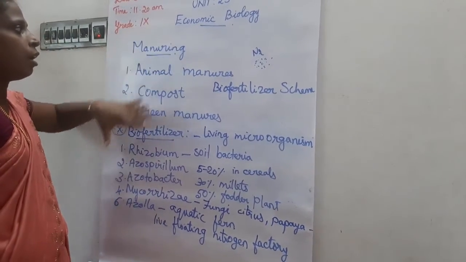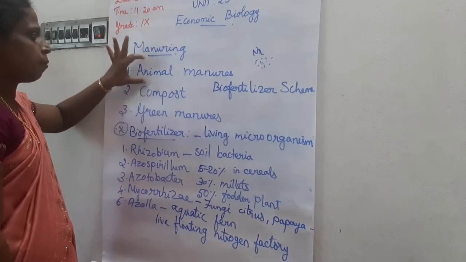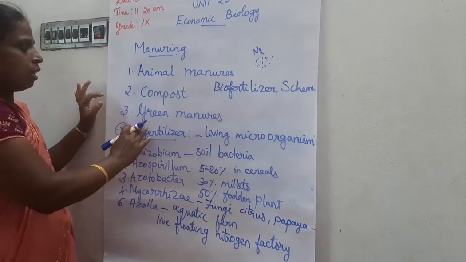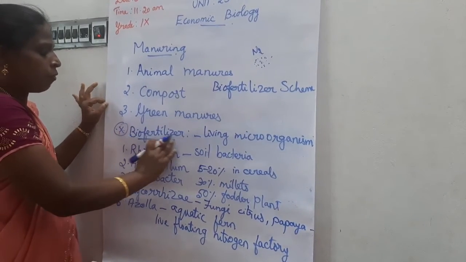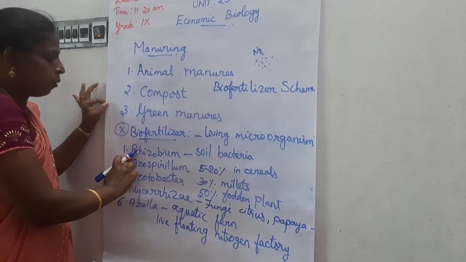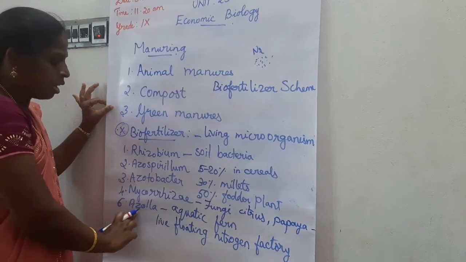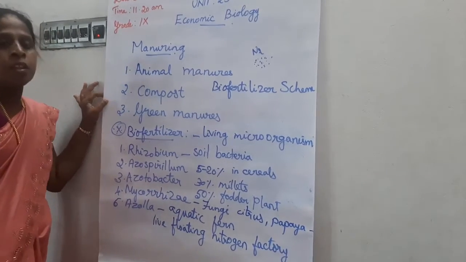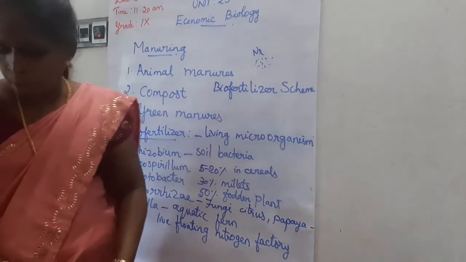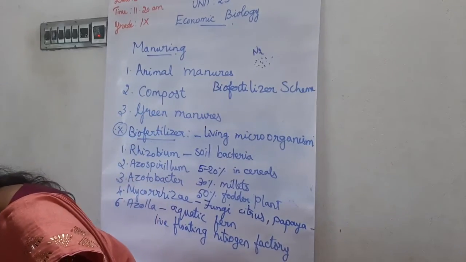So today we have learned about manuring. Manuring consists of 3 types: animal manures, compost and green manures. Next we have learned about biofertilizers. Biofertilizers have different types: Rhizobium, Azospirillum, Acetobacter, Mycorrhizae and azolla. So we have completed manuring today. The remaining topic we can see in the next class. So now you can